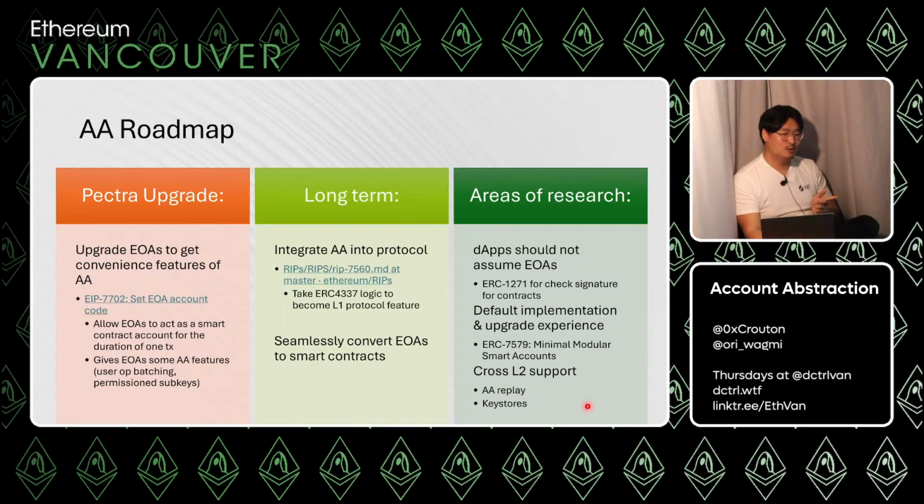Yeah, and then cross-chain L2 support. So the other question is, for EOAs, they're great across L2s, right? One private key works across all the different blockchains. How does this work in smart accounts? One example is, you saw me do a user operation, a bundle of send transactions, to deploy my smart account. How do I make sure that that same account is also deployed on Arbitrum and Optimism and all the L2s?